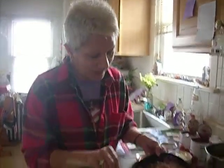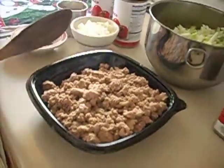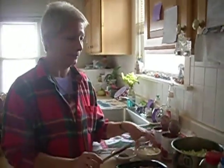Today we're going to make skillet stuffed cabbage, or pigs in a blanket, or golumpki, or dolmades, whatever you want to call it. But actually we're doing a shortcut. Yesterday I browned a pound and a half of ground turkey with just some salt and pepper. Today I'm going to saute the onion. When the onion is tender, I'm going to add my ground turkey. But what we're going to do for the shortcut is